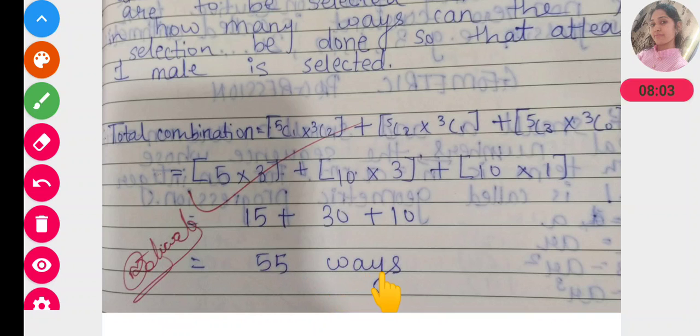Okay, in this way you have to complete the questions. Now the most important thing in this sum is 'at least'. At least means we have to select a minimum of one male. We can select more than 1 male in a meeting for the training, but we cannot select fewer than 1. It means we cannot select 0 males. Okay, here our chapter is also over.